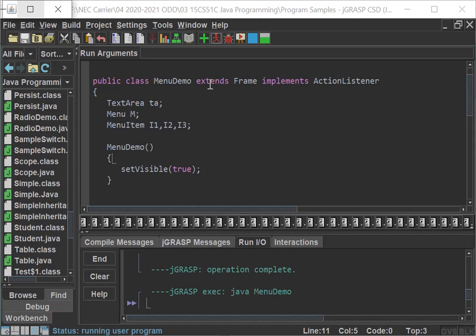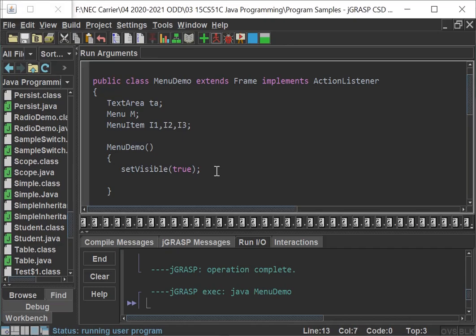Whenever you extend the class Frame, a frame window will automatically be created, because based on the constructor call it will create a frame window. You can see this is a frame window. Until you give setVisible true, you cannot view the frame window. It is a very small size, so I cannot refer to it. For that I have to give a size. For that I have given setSize of width and height, 300 by 300. Now I would like to save it and compile it.